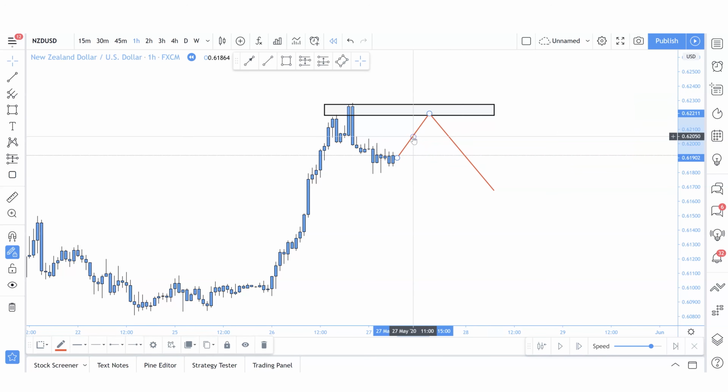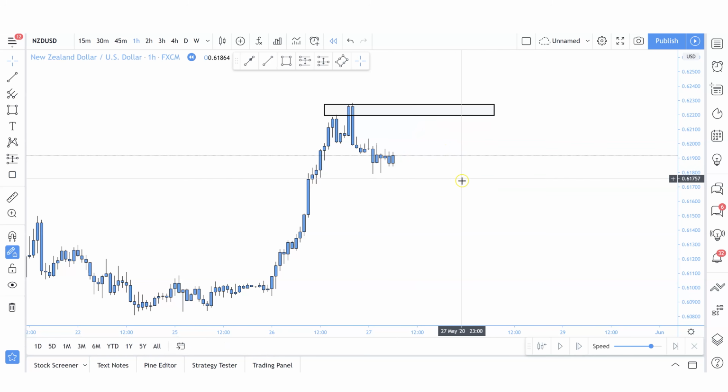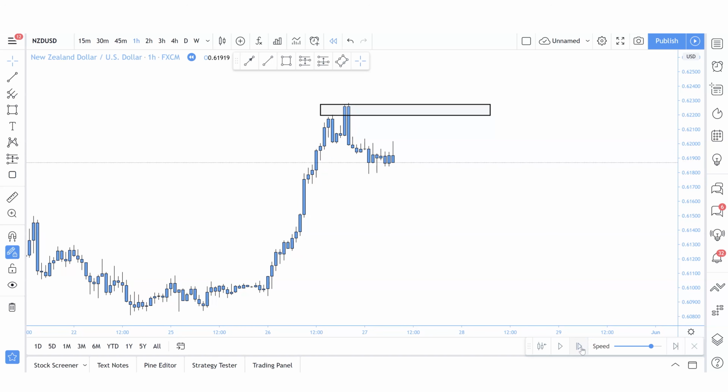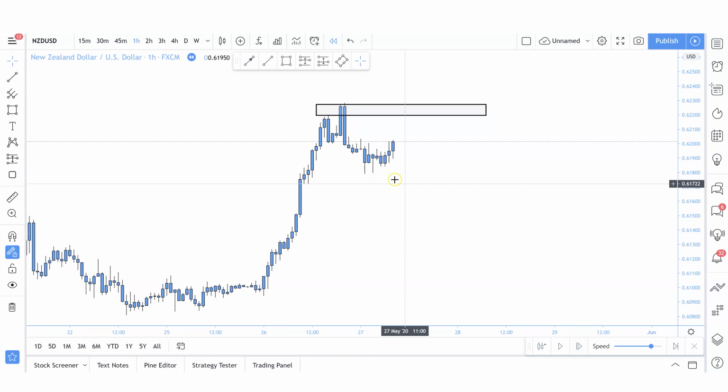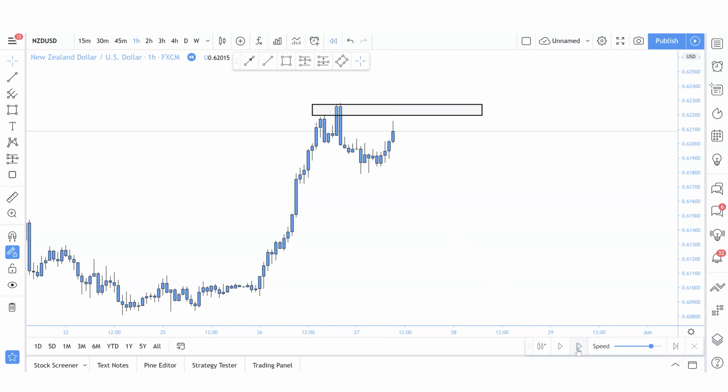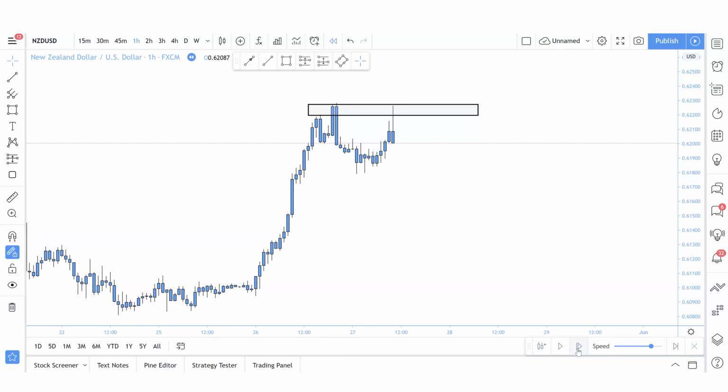Now, most traders, and I will say this now, are not patient enough to allow for the market to come back to these key levels and end up taking sells or buys in the middle of nowhere and then end up getting stopped out. But what we're going to do is we're going to patiently wait. It doesn't matter if the market respects these key levels and goes down. We are patiently waiting. And this is a very good strategy that you can use if you're a full-time worker